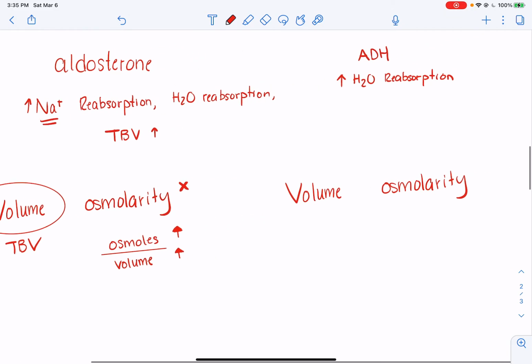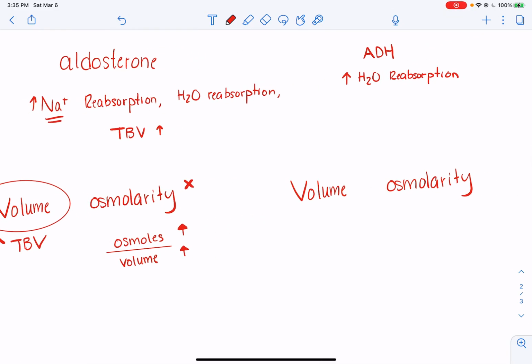On the other hand, if you take a look at antidiuretic hormone, we know that antidiuretic hormone is going to increase water reabsorption in the collecting tubules. So the volume is going to increase. The volume of blood increases with antidiuretic hormone because we're reabsorbing more water into the bloodstream. And now if we take a look at the osmolarity,